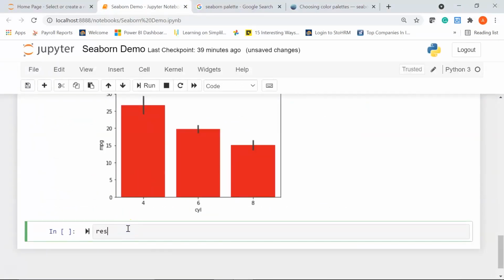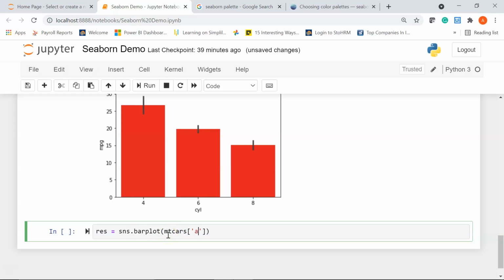Alright, so I'll say res equal to sns.barplot. We'll use our first method of creating a bar plot. So I'm using my data frame mtcars, and this time we are going to change the x and y labels.